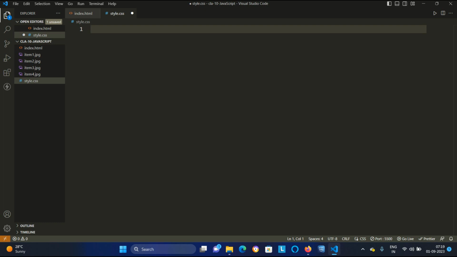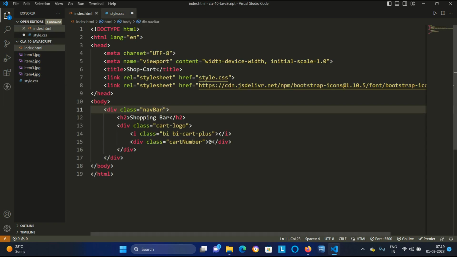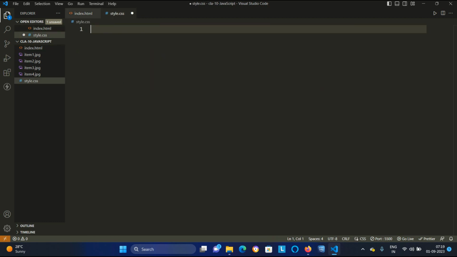How will you select a class in style.css? In the HTML you give a class to an element, and that class name you copy, here navbar. To select it, the selector will be dot. So dot, Control V, dot navbar.